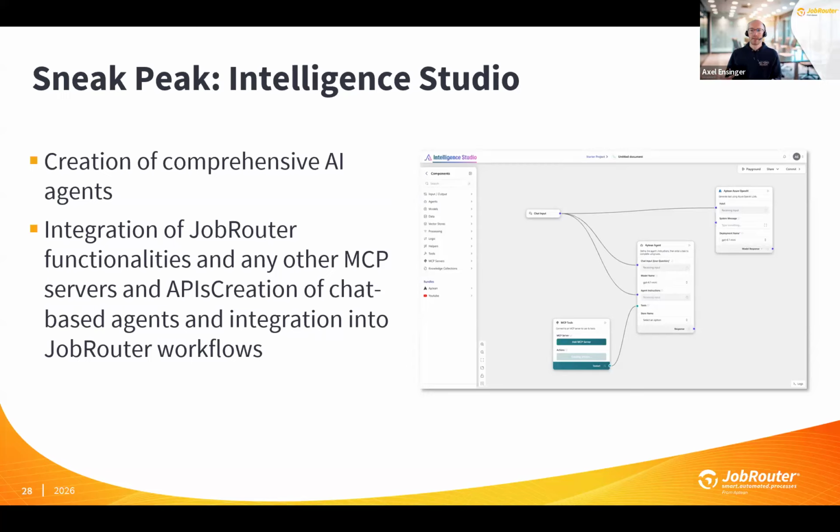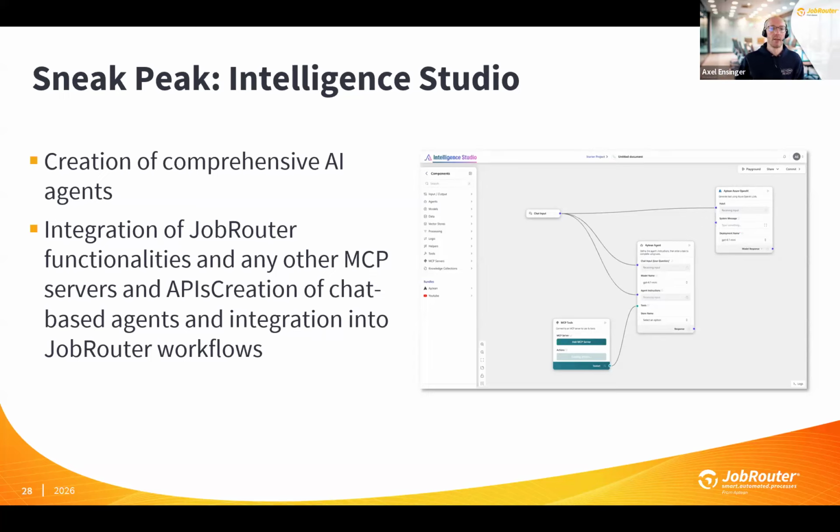And today this is just a sneak peek to tell you that this is something that comes also and will be provided from us. It will be a cloud product, and it will be rolled out to our customers then probably somewhere in Q2, Q3 of this year. We're just starting with the internal phase, with the beta phase of testing the first things in here. Then we will train our partners worldwide to use this Intelligence Studio, and then to be able to build workflows and to build AI agents together with our customers.